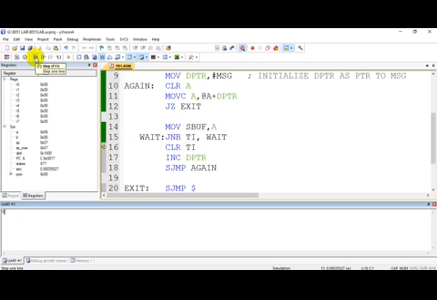Okay, next I should point to the next character. Since the transmission of the character is over, I will clear TI and point to the next character. So increment DPTR. As you can see, DPTR has become 1001 now. And I say SJMP again. Again clear the accumulator. Now the ASCII of T will be copied. Still I have not reached the end of the string, so the transmission will continue.